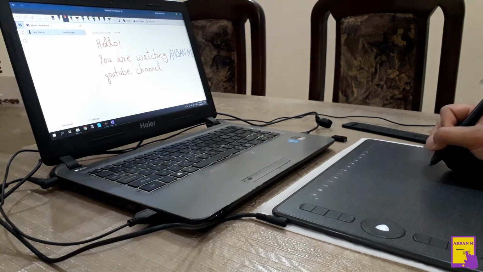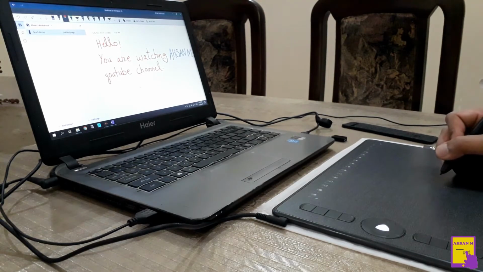You can also draw some pictures with the help of this pen. For example, I am now drawing a house.